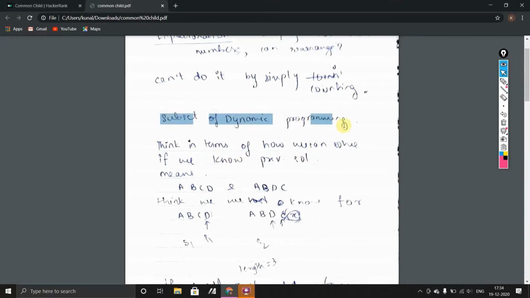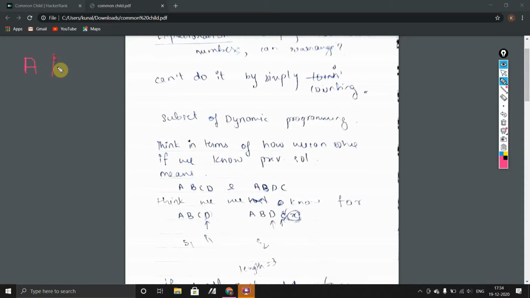These kinds of problems can usually be solved by dynamic programming concepts. So think of this problem like this. Let's break down this bigger problem into chunks of smaller problems. Think that I have a string A, B, C and a string A, B, D as my S1 and S2. I already calculated what the common child of these two strings is, which in this case is AB and AB, correct? Which is straightforward to see. C and D can be deleted.